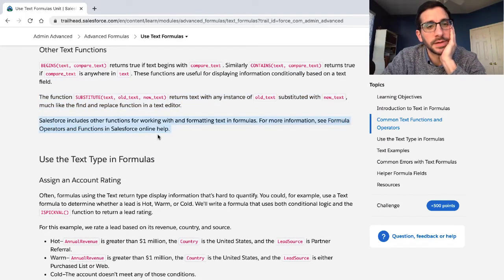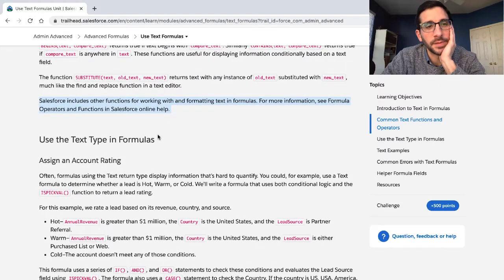Salesforce includes other functions for working with and formatting text and values. For more information, see formula operators and functions in Salesforce Online Help,